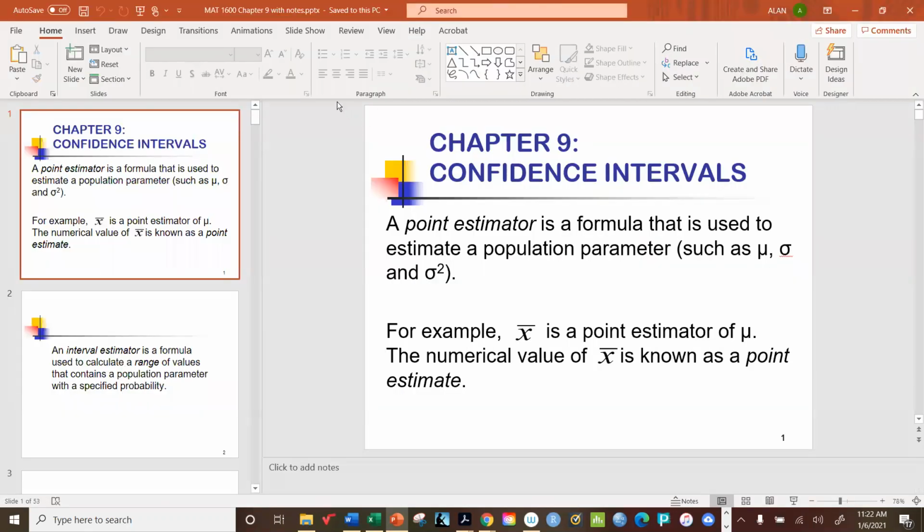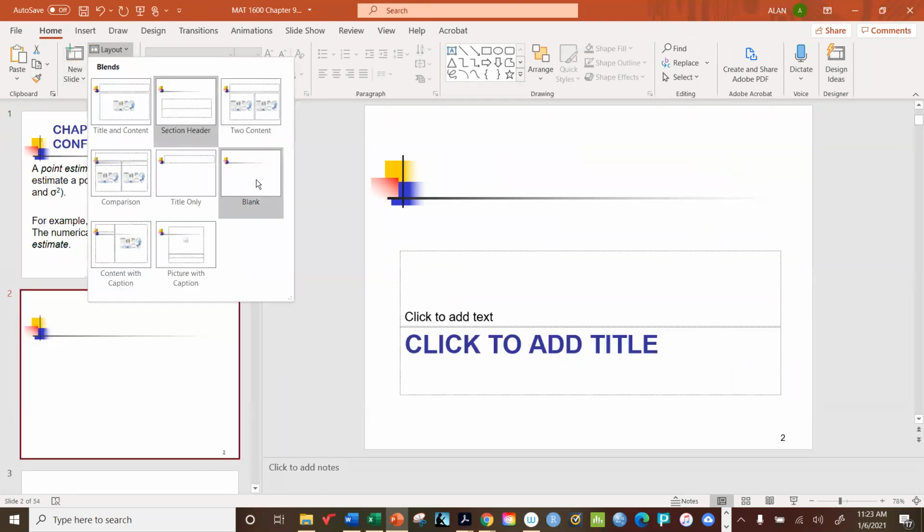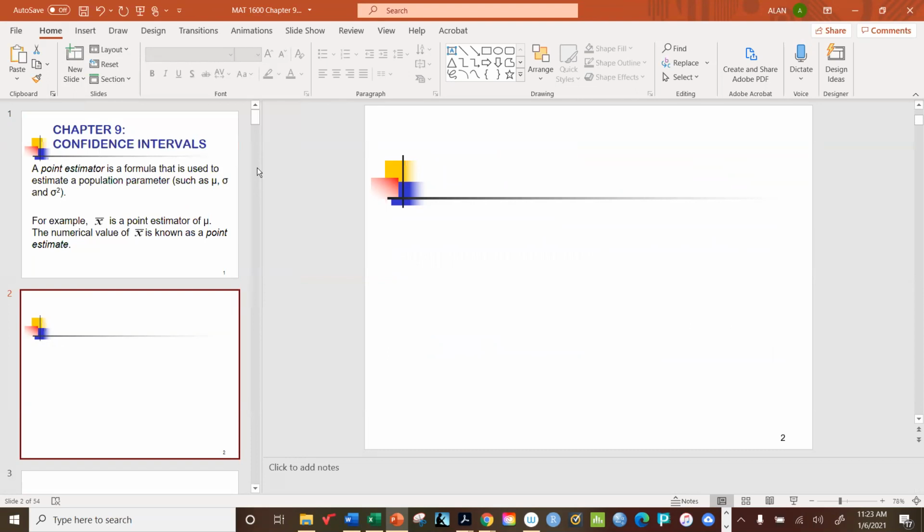All right, so now we're going to introduce something new, and you can see for yourselves that it's called confidence intervals. Okay, so in order to do this, we need to introduce some new terminology. So we're going to take a bit of a step back here and review something we've done before, and that is, if you recall from the very first chapter that we covered, that for a population,